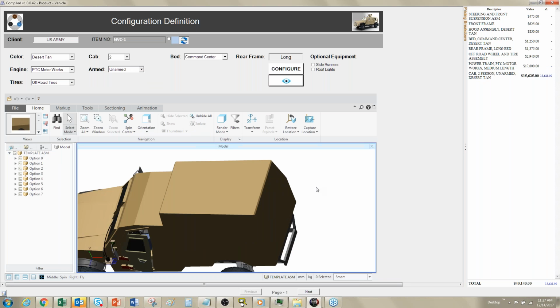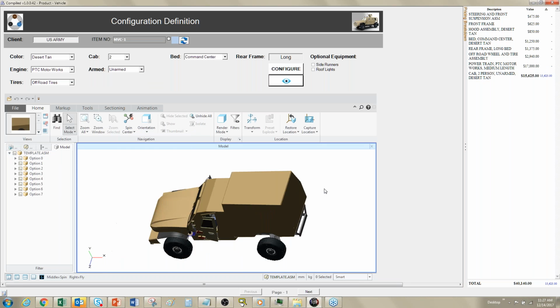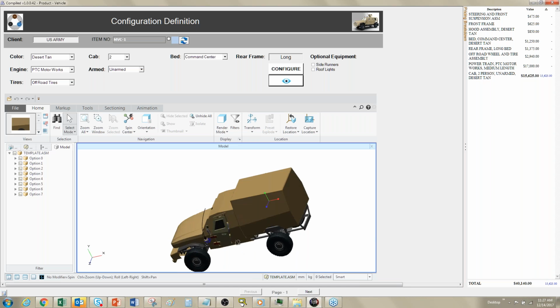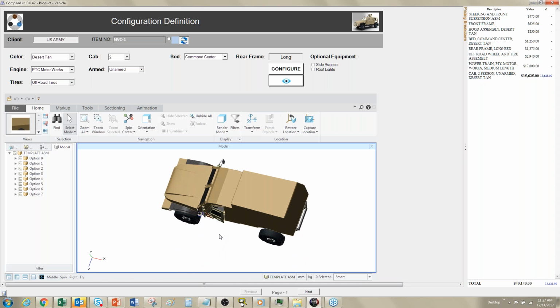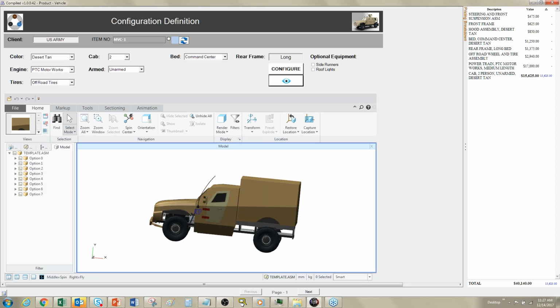And what you're seeing here is a fully rendered, fully built 3D model based on engineering rules inside of CAD. And you're looking at it and you're able to observe it here inside of Creo View, which is essentially embedded right here inside of this configuration definition page. So what you're looking at is not a raster mock-up. You're actually looking at a 3D model that can very quickly be modified,